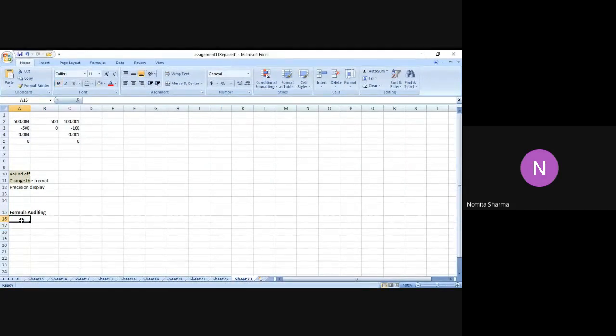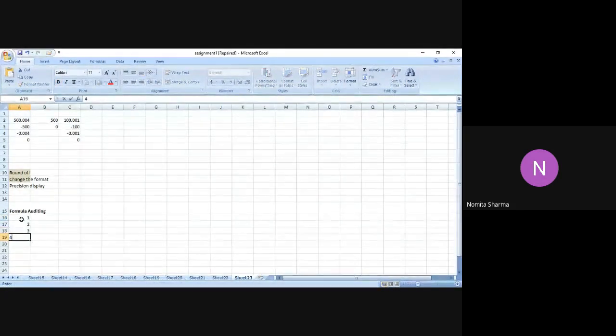So I write 1, 2, 3, 5. Let me write in a double manner so that we can differentiate the input values. Let me write with 3 digits, 5 digits, 6 digits, 7 digits, and so on.